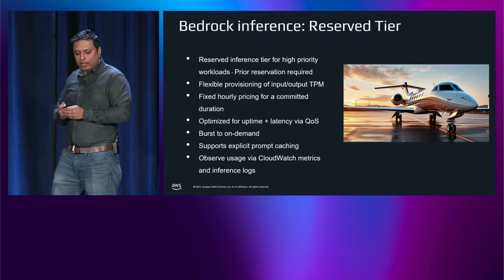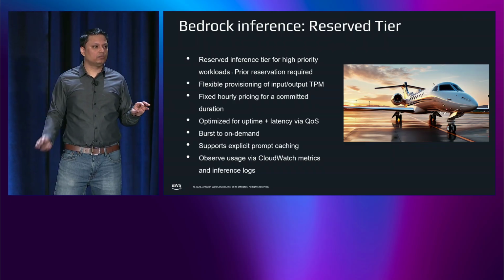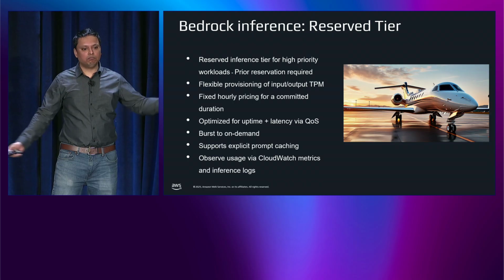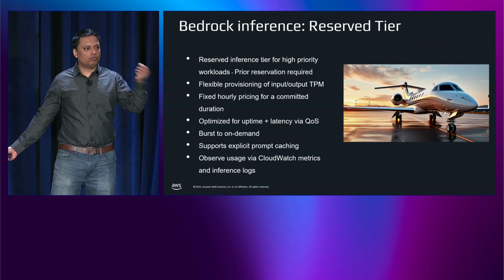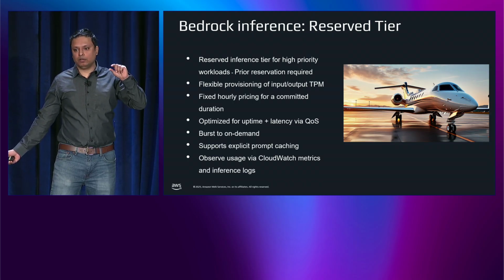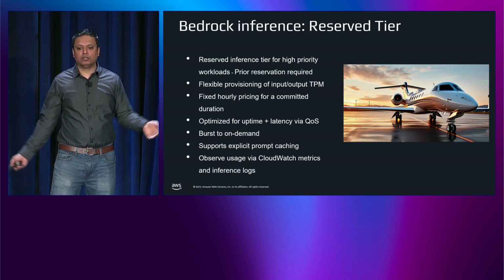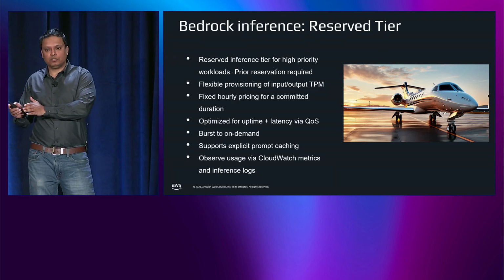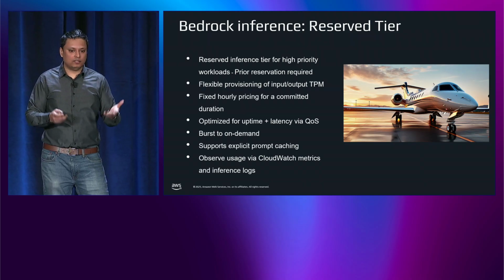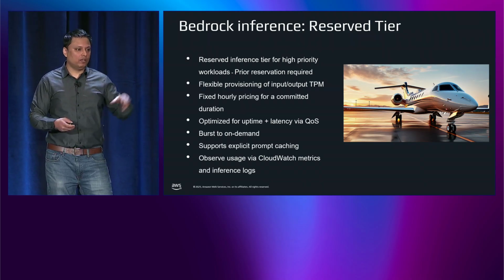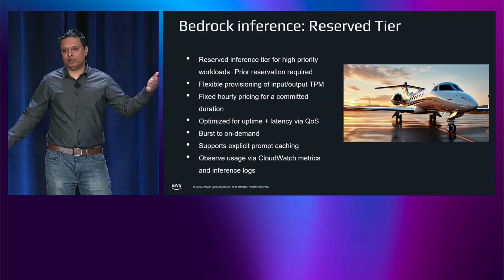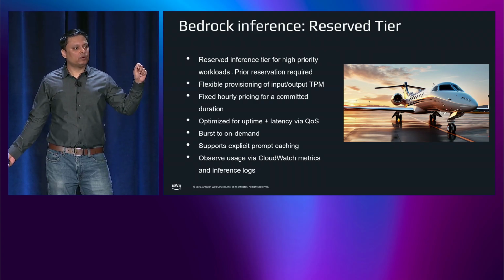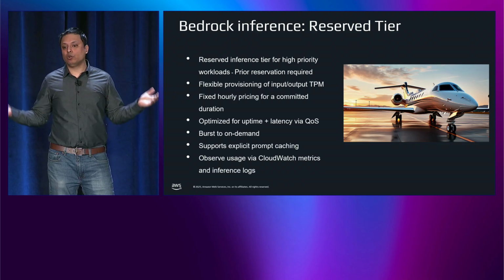We also have flexible provisioning of input and output tokens. What that means is, let's say you have a summarization use case where you're sending walls of text and you just want a paragraph out of it on summary of the entire content. Here, you would have lots of input tokens and very few output tokens. But let's say the use case is around content generation, where there is a small set of instructions and you have to generate maybe a few pages of text. Now the number of input tokens is really small, and you need a lot of output tokens.